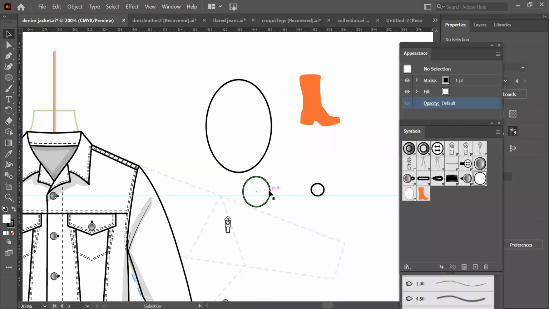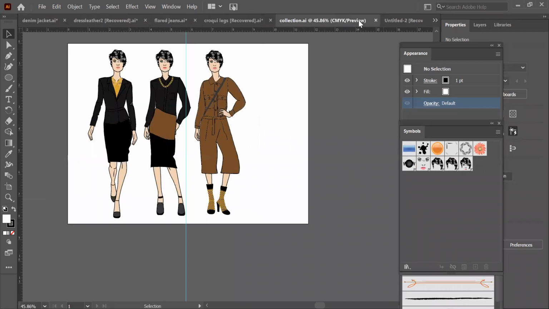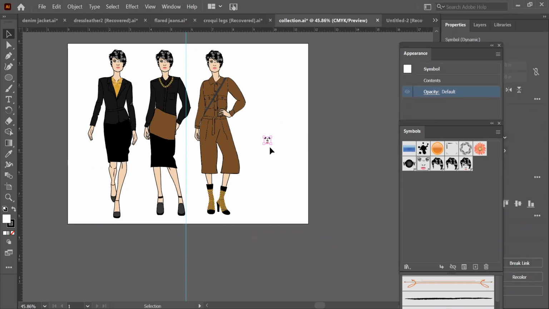Okay, ma'am. Yes, this is my symbol library of the face. See this? This is this small.